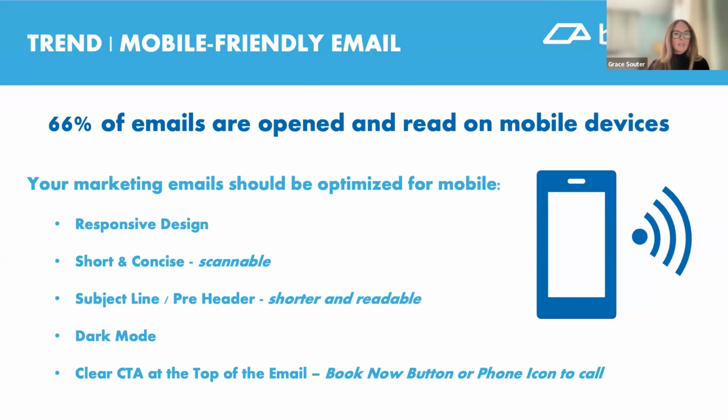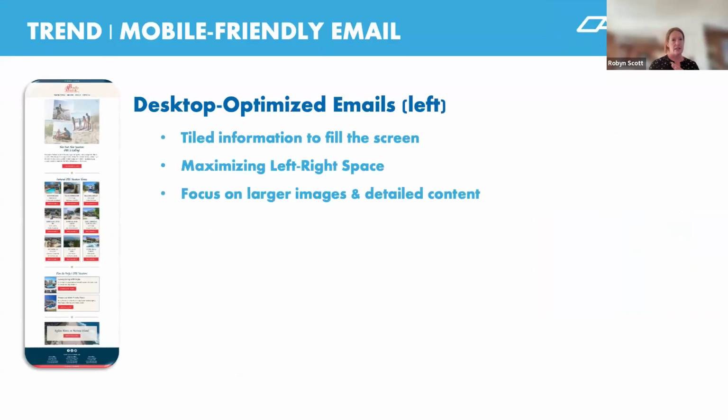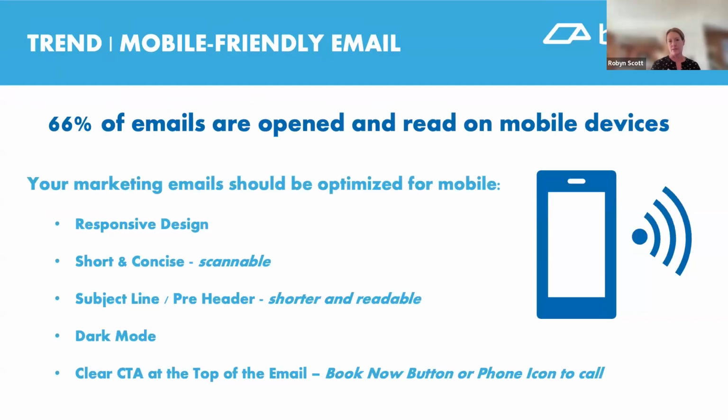So Robyn, do you have anything to add with mobile friendly? I think when we get into segmentation, it kind of checks some boxes on why we need to focus on being clear and concise. We're so used to trying to shove everything into one monthly email that's going out to thousands and thousands of people. And so we get these novels of 52 units and all these different specials.